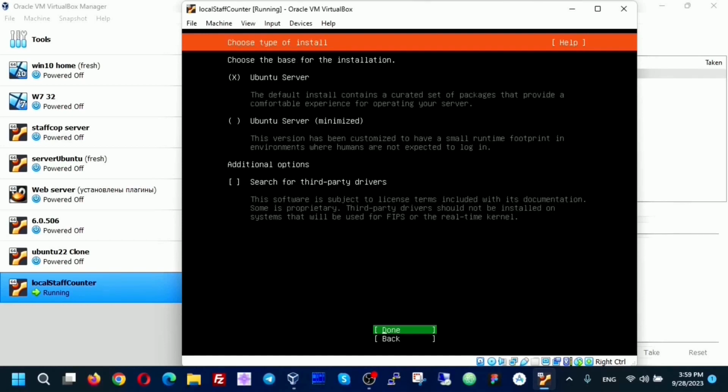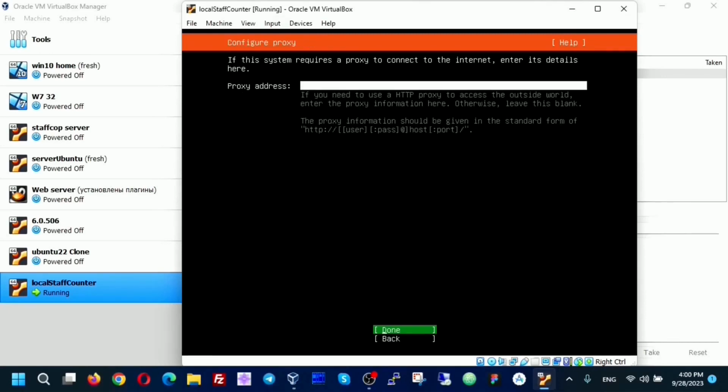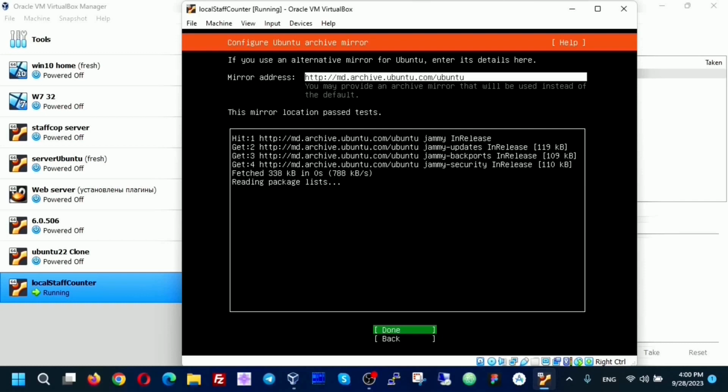Leave the Ubuntu server and click Done. Now we have a dynamic IP 192.168.0.100. Click Done. We don't have a proxy address. Click Done. The server finds Ubuntu mirrors.